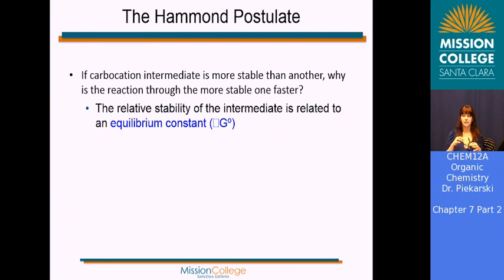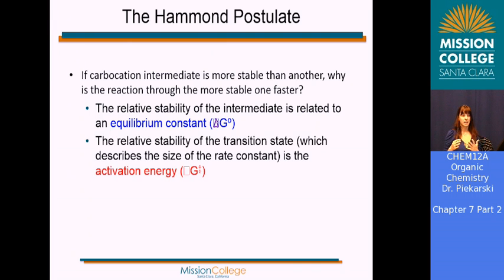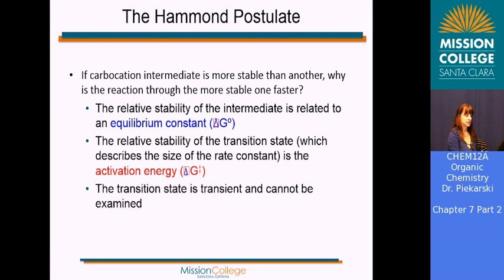Remember that the relative stability of the intermediate is related to an equilibrium constant. That's a delta G. The relative stability of the transition state, which describes the size of the rate constant, is the activation energy. That's delta G with that little funny kind of cross there to help indicate transition state. Remember that the transition state is transient and it cannot be examined. And that there's really, the reason why we have a postulate here, right, like a theory in a sense, is that there's no simple